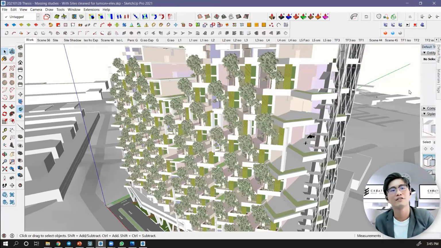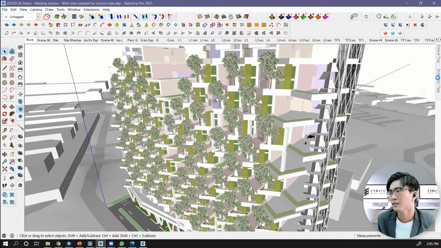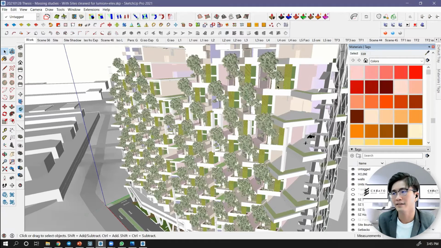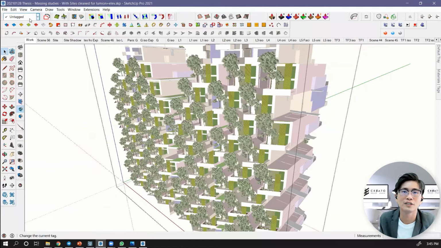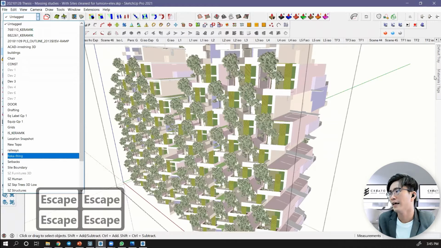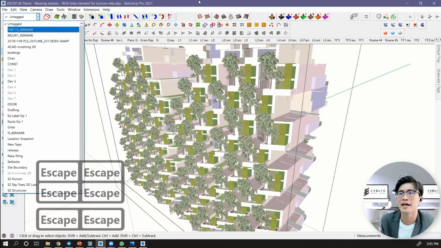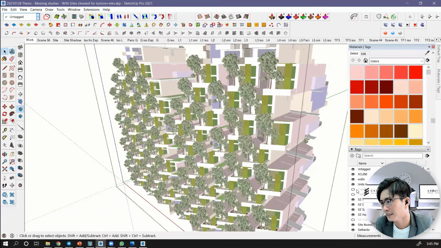So first thing, remember, make layers for them. I know some of you might hide them, but layers are easier to organize. So I put all my trees, select them. The tree itself is selected. Then go to this tab, change to a new layer. Let's say here I have a layer called Trees, pokok. And then you can hide the layer in the material tab, I mean, in your tray.